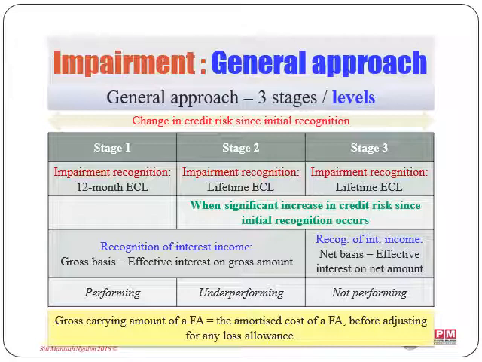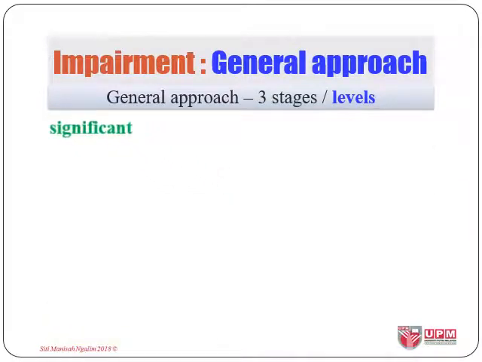Now, what the standard does not specify is what significant means. Therefore, entities need to exercise judgment and develop their own criteria, but they have good reason for not specifying how much is considered as significant. In their basis of conclusions or BC document, the standard states that if they specify a fixed percentage change in the risk of default, it will require entities to use the risk of default approach, which not all entities use, and doing it will increase the costs and effort for those entities not using such approach.